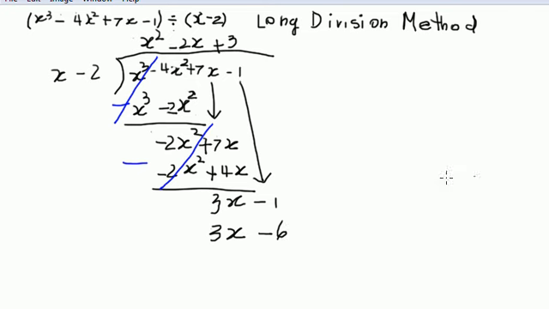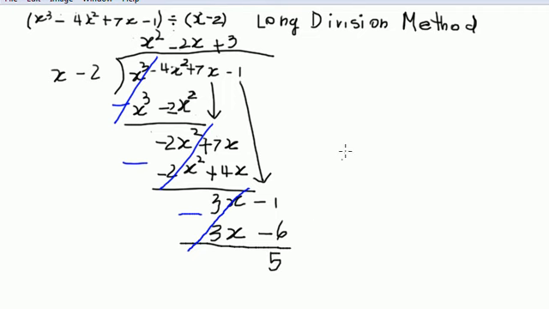And just like I did before, I want to subtract the two terms. And sure enough, the first term will cancel out because 3x minus 3x just cancels out. And negative 1 minus negative 6 becomes just positive 5,